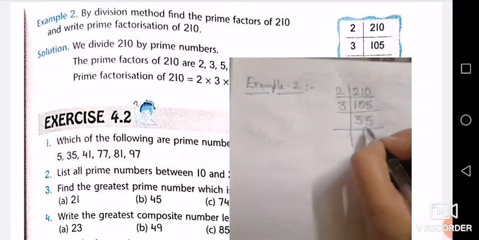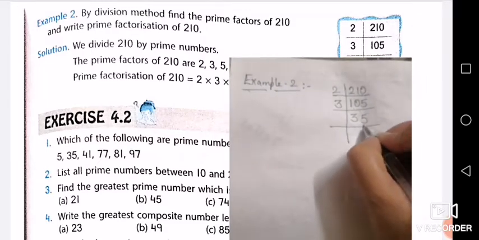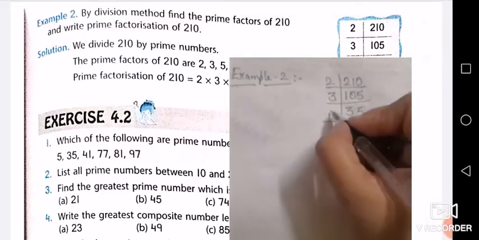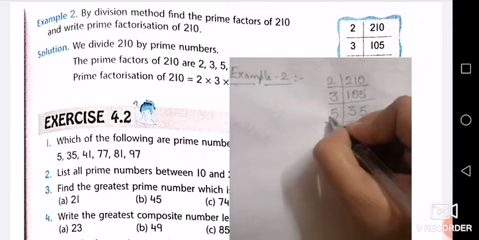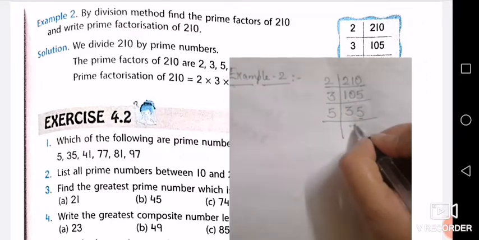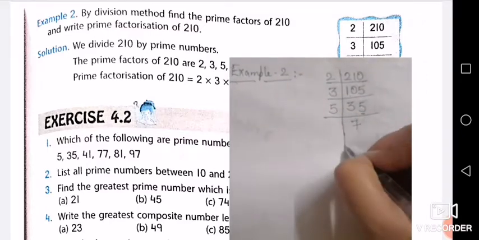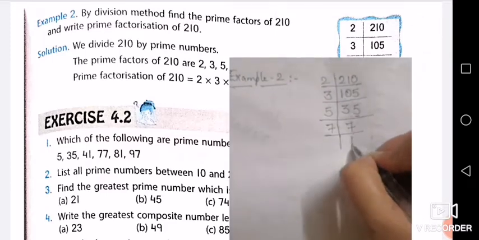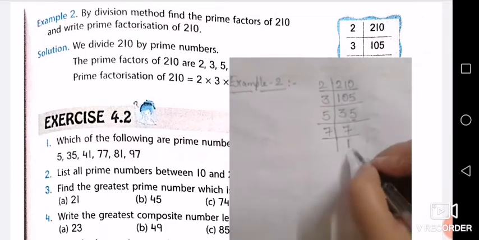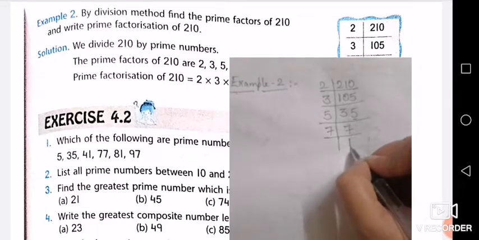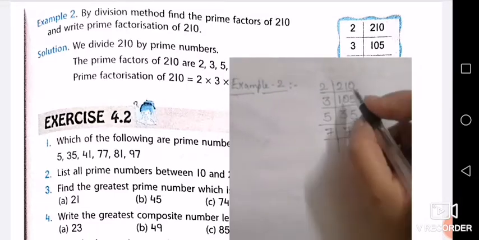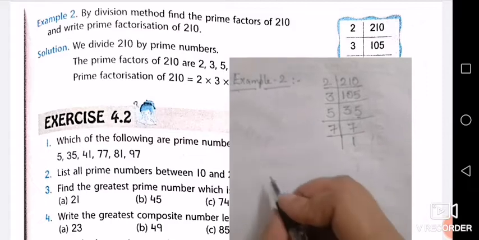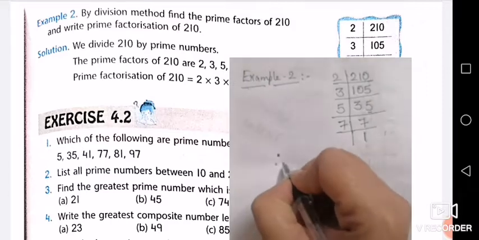Now it is satisfying the divisibility rule of 5. See, on one's place 5 is there, so we will do the division with 5. 5 7s are 35. And lastly 7 1 times will be 7. So here we have got the quotient 1, so we'll stop our division and we will write, therefore,